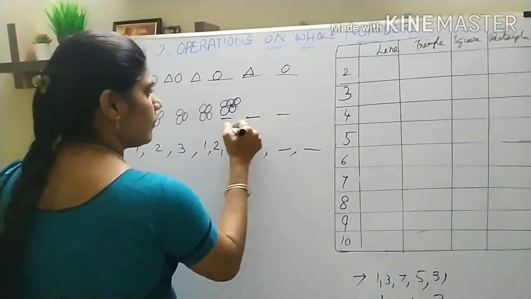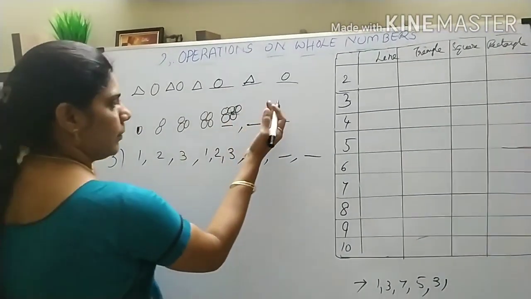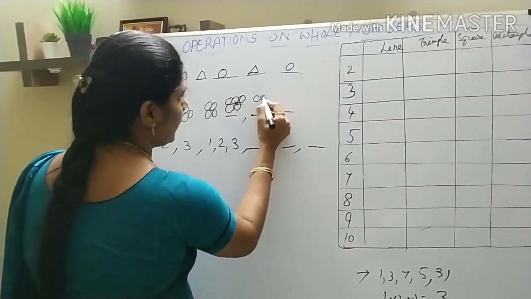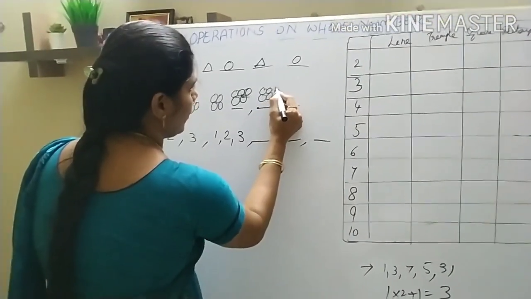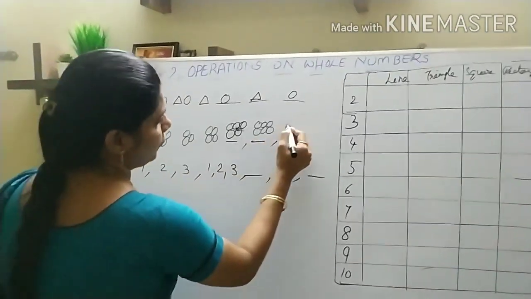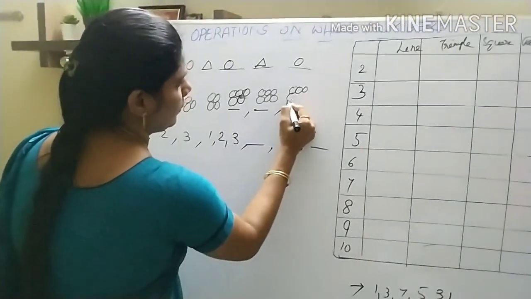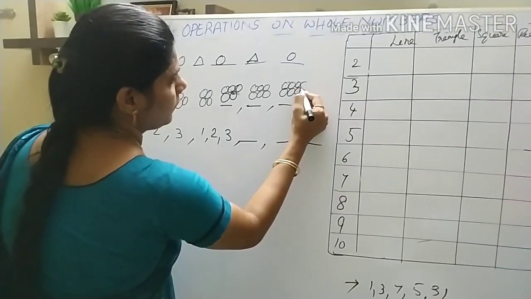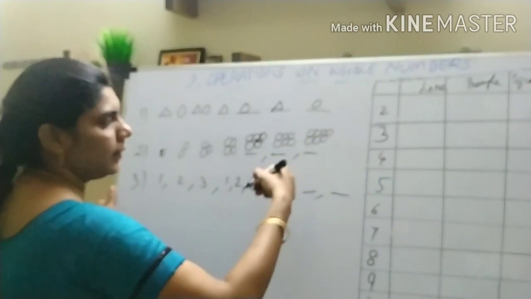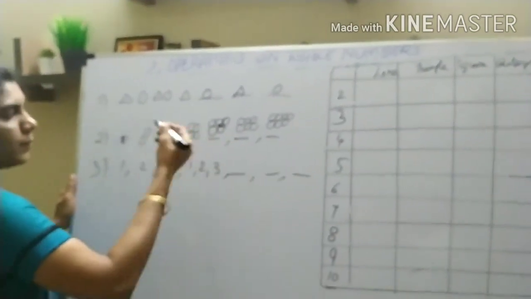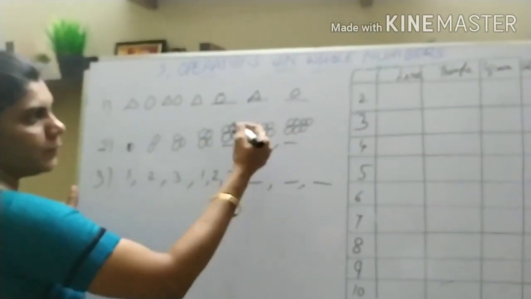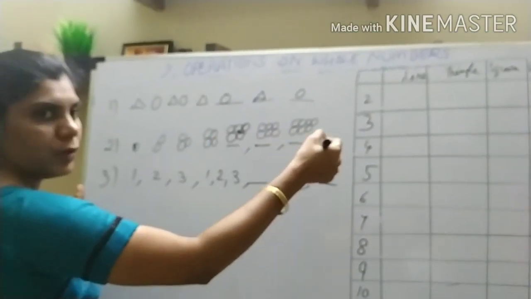So for the next step, you have to get another 0 here. You have to add another 0 to these 5 zeros. See, like this. In the next step, you have to add one more 0, like this. Like this, you have to increase your steps by adding zeros. By observing this pattern, you first have to observe how many zeros they are adding here. Like that, you have to follow the remaining steps.